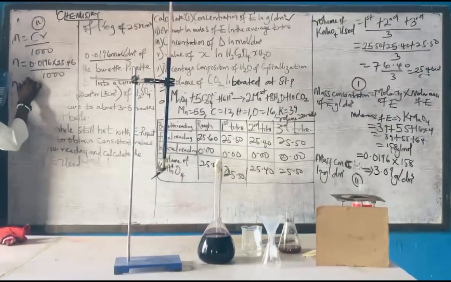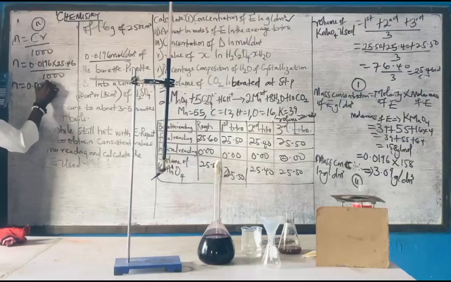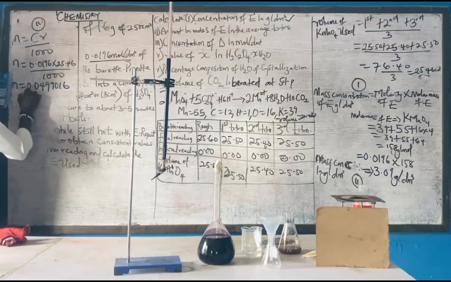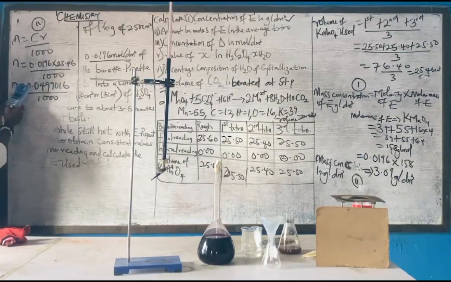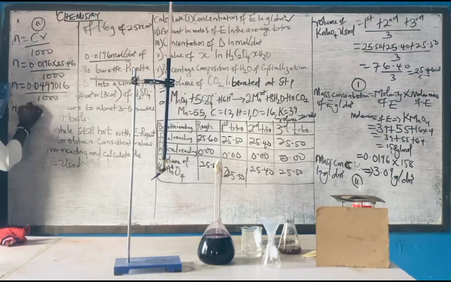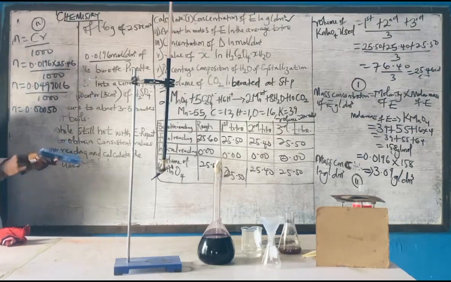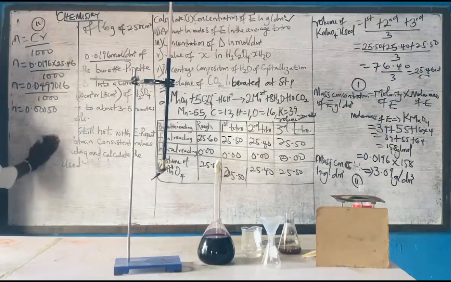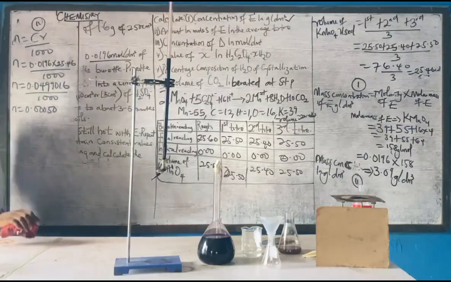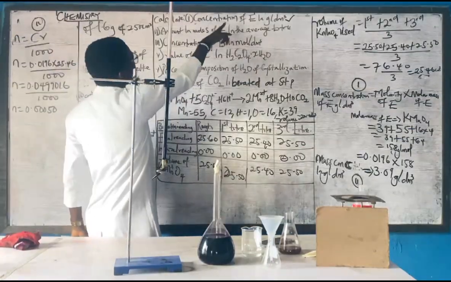So we have 0.049916 divided by 1000, so our value is n equal to 0.0050. So now that we have our n, which is the number of mole,